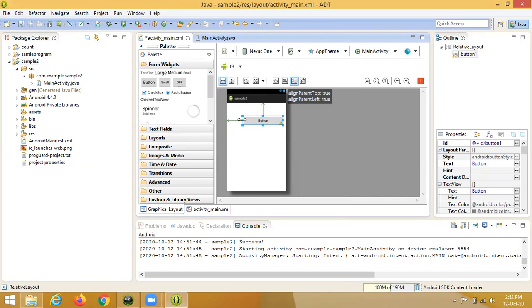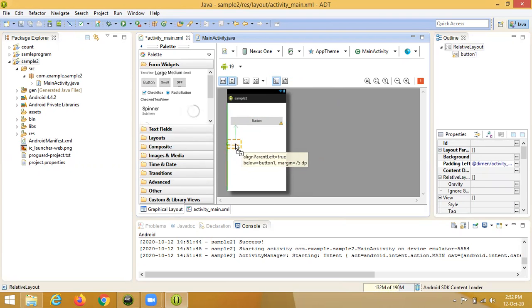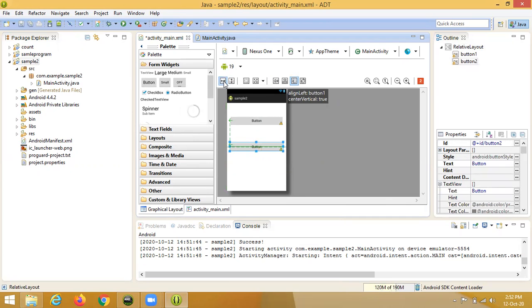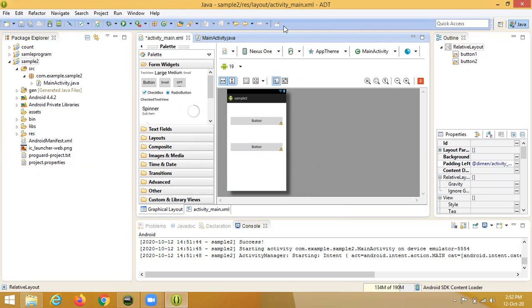Adjust the button as you want, center or right or left, and take another button. It's a GUI, graphical layout.